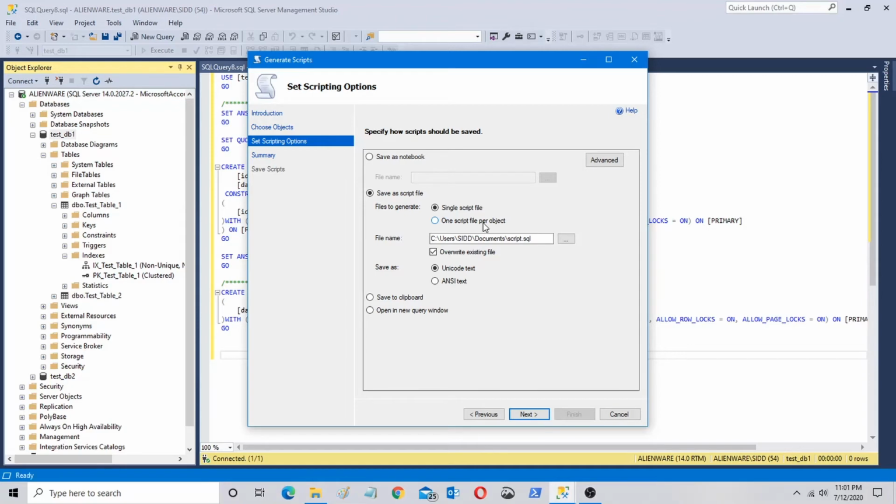So what you can do is that you can script out all the objects and you can then import them in your version control tools. All right, and then you can use it. So it is a very good utility in case you want to script, you're going to get an individual script for each individual object.